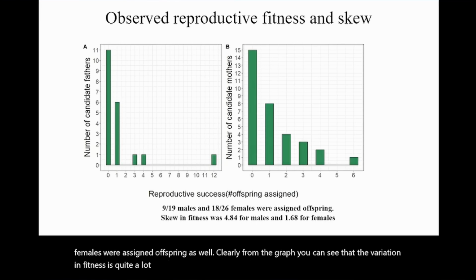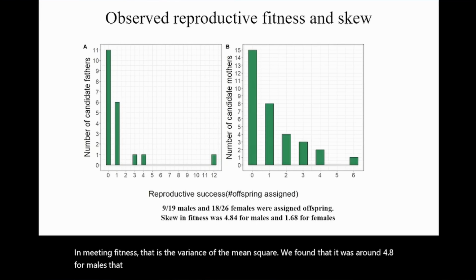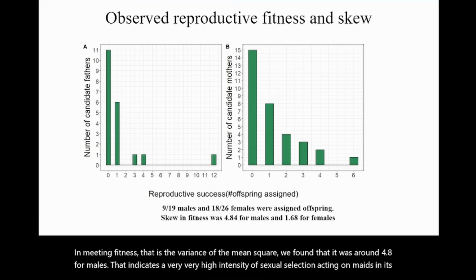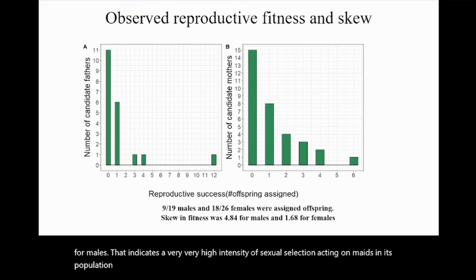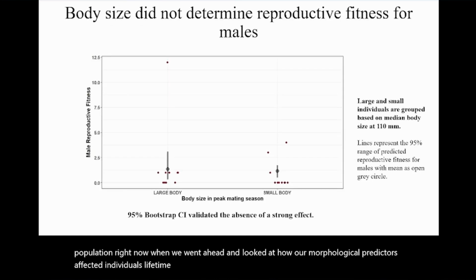males compared to females. And when we measured the skew in mating fitness, that is the variance over the mean square, we found that it was around 4.8 for males. That indicates a very, very high intensity of sexual selection acting on mates in this population. Now, when we went ahead and looked at how our morphological predictors affected individuals' lifetime fitness, we see that